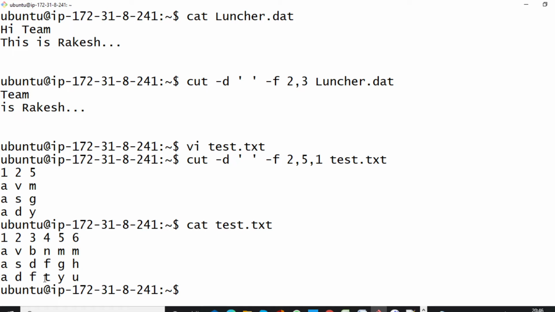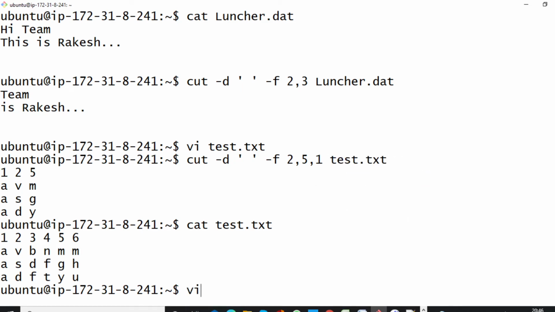In that case, the cut command will be helpful. You can also use the awk command instead of cut, but this is a very good command to get a particular column. Here we took the delimiter as space. Sometimes you can take the delimiter as a comma, anything, the delimiter can be anything.